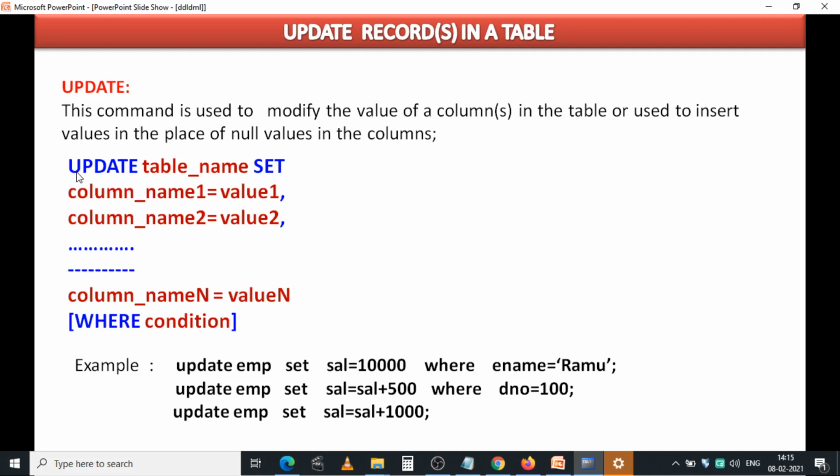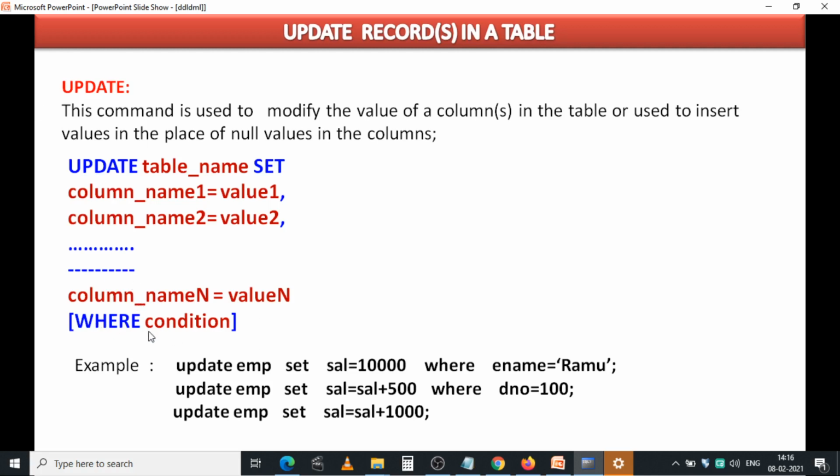Just go through this syntax. Update table name set column name 1 equal to value 1, column name 2 equal to value 2, and so on, column name n equal to value n. So however many column values you want to change, those column values are to be mentioned inside the update command.